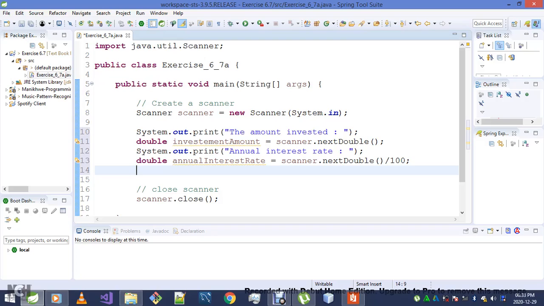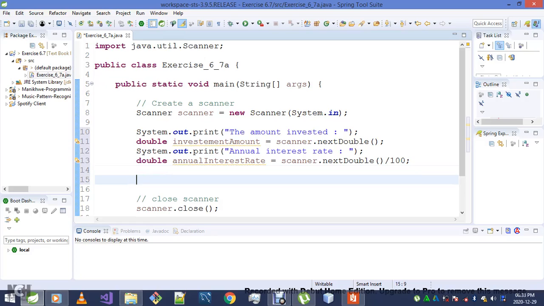I'm hoping people are clear on what's going on there. If you're not, you'll have to do a little research of your own, or check out some of my solutions. In fact, I did 2.21, so you can go